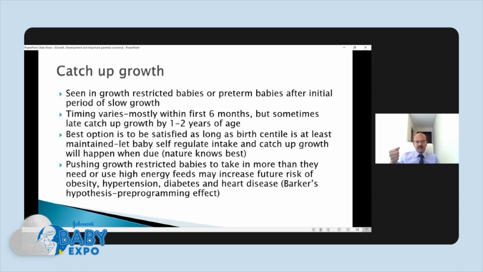And there is evidence that if you push the growth restricted babies to feed more and grow faster, it may increase the risk of obesity, hypertension, diabetes, and heart disease in the future. So this is called Barker's hypothesis, or a pre-programming effect, because the genes are adjusted to a certain level, and when this changes, the hormone balance, the cortisol effect, and so on changes in the body, and you have a higher risk of obesity and hypertension, both of which may affect your